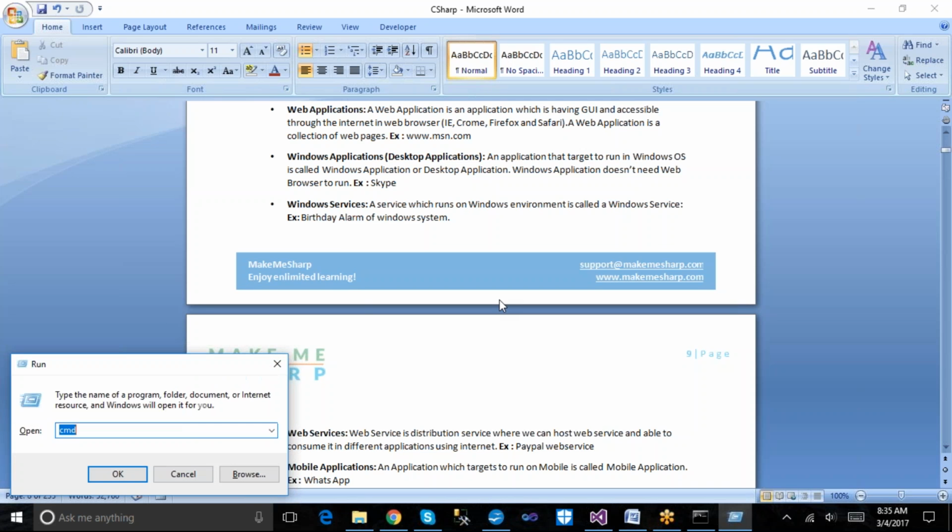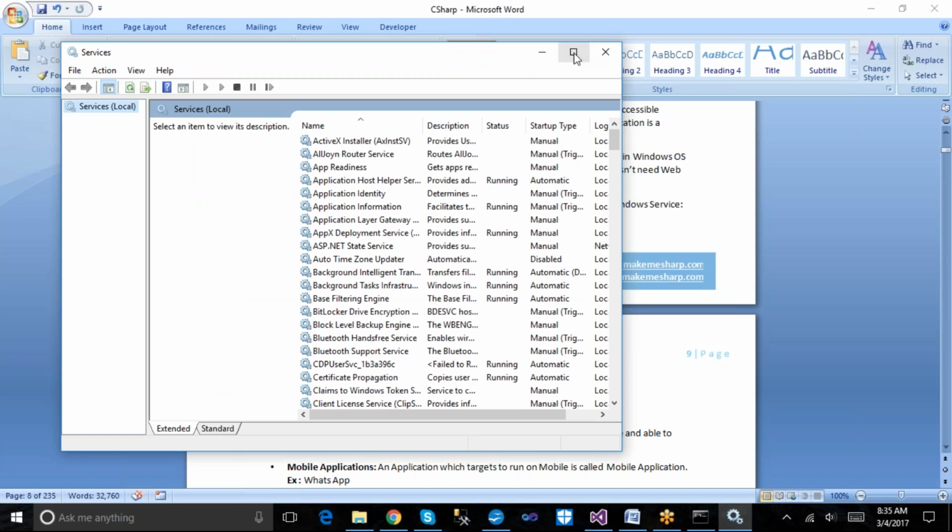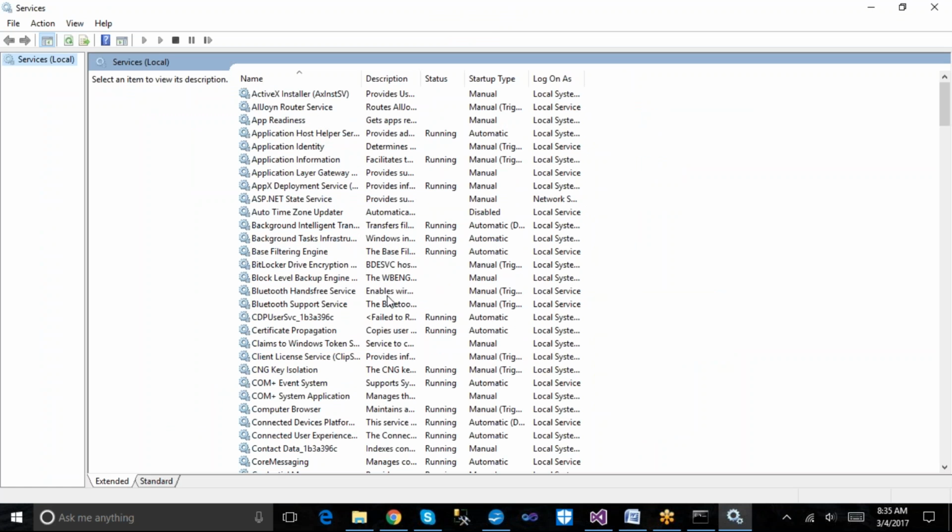If you press the Windows start in our system and type services.msc and press enter, you will be able to see a list of all the services which are running in our machine. These are all services which run in order to make all our applications work smoothly.